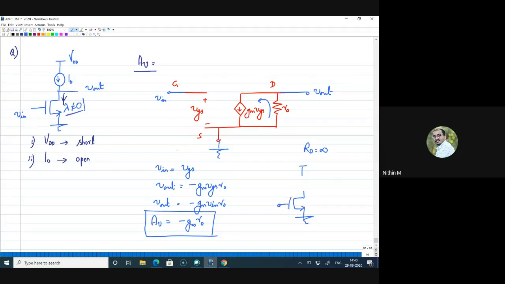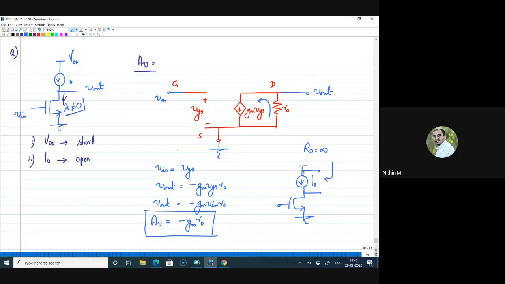And this I very well know that this circuit will not operate because we are not able to establish the DC condition required in this case. If I am putting RD as infinity, this should be an open circuit. If it is open circuit, there will not be any current flow here. But the impedance of RD equal to infinity can be made available by putting a current source here. Now, if this current source is ideal, I know that the resistance across this current source is infinity. So, infinity resistance is coming here at the same time.